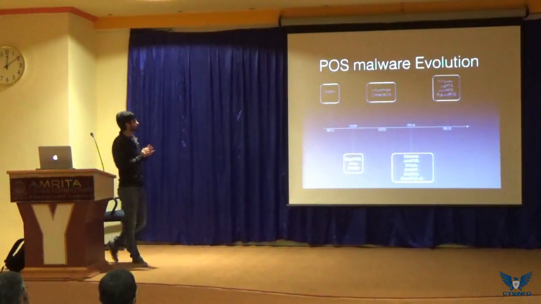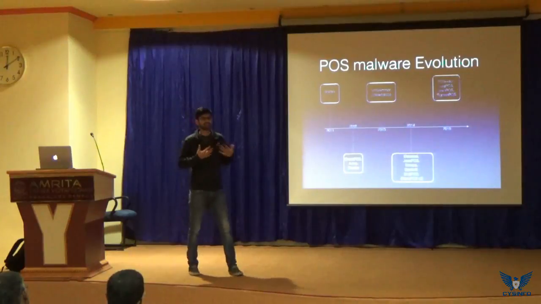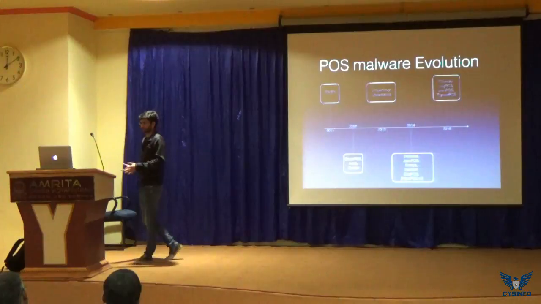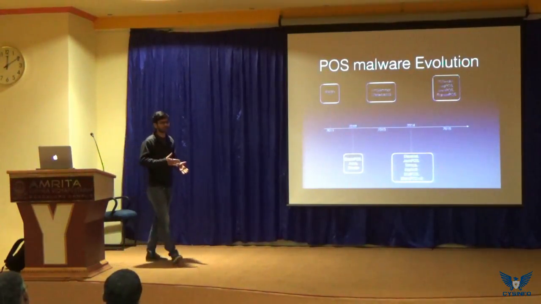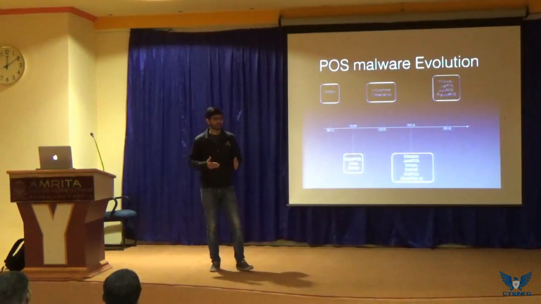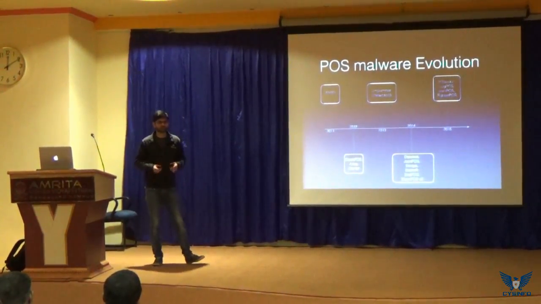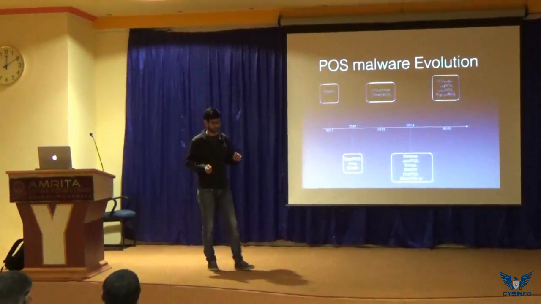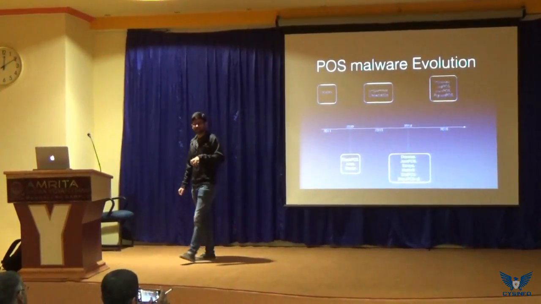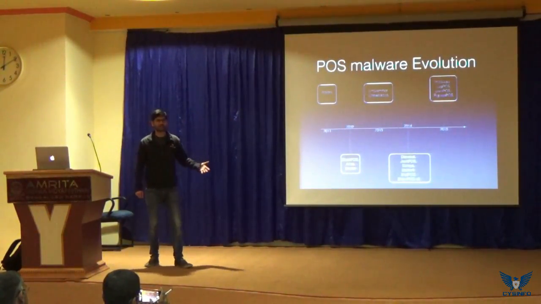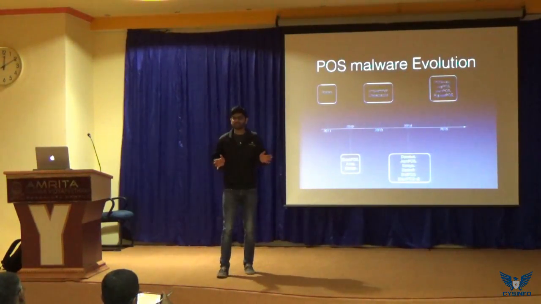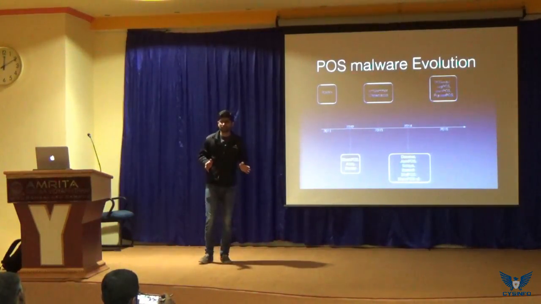Now, in terms of evolution, as I said, initially attackers tried to sniff the network, but after that, they moved to POS malware. And even with POS malware, there is a constant evolution going on with every POS malware we see. Like the first malware that was discovered in 2011 was very basic POS malware that used a hard-coded list of processes that it wanted to monitor and then extracted the data using a regular expression and then created a text file. Right? But these days, in 2015 and 16, the POS malwares are not just creating a text file,